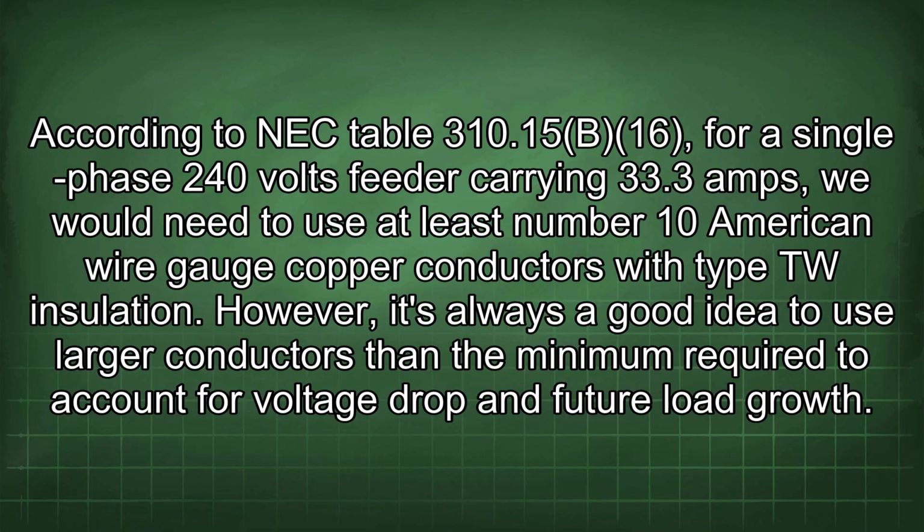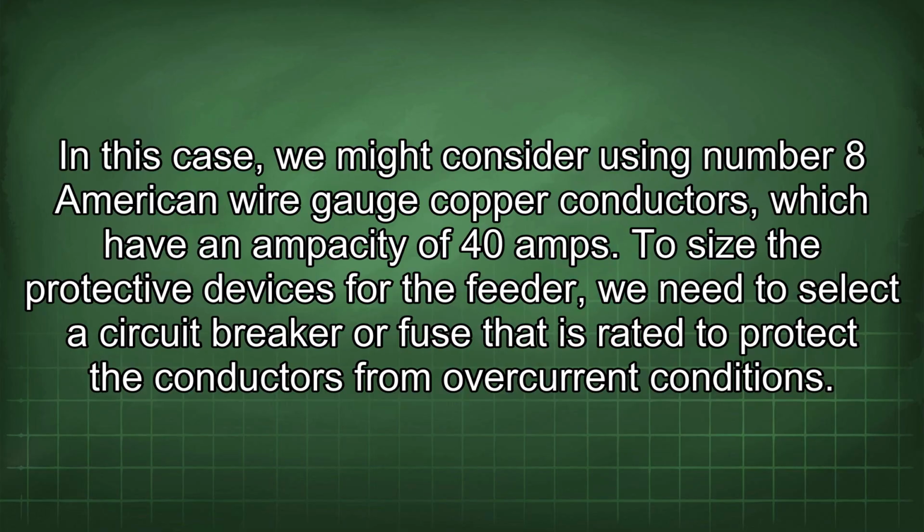However, it's always a good idea to use larger conductors than the minimum required to account for voltage drop and future load growth. In this case, we might consider using number 8 American wire gauge copper conductors, which have an ampacity of 40 amps. To size the protective devices for the feeder, we need to select a circuit breaker or